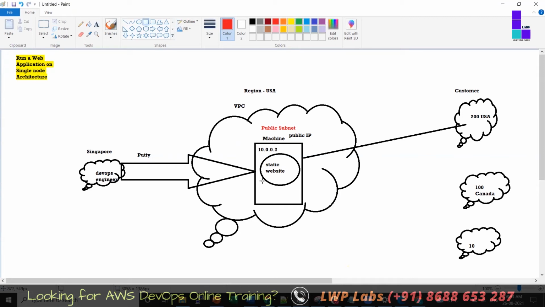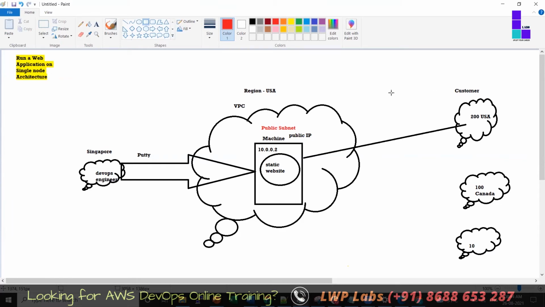In a company, everything will be in private. Nothing will be publicly exposed. If you are exposing something publicly, here we are exposing it because we don't have any other option. We don't have a VPN gateway and other things. In your company, you will use a VPN to connect to the private network. That is not there here. For now, we don't have any other option. We have to create this in public.